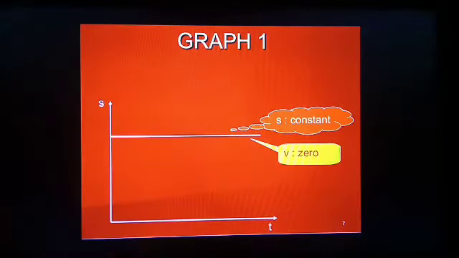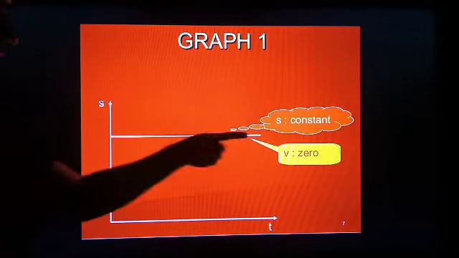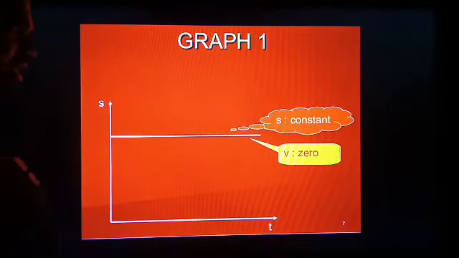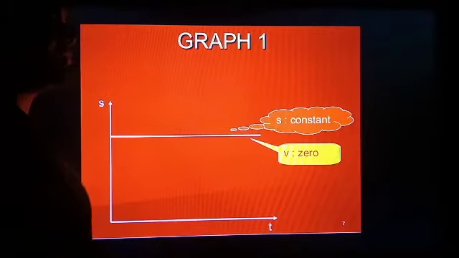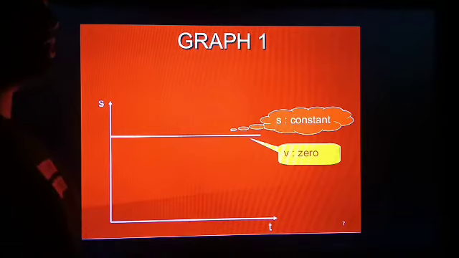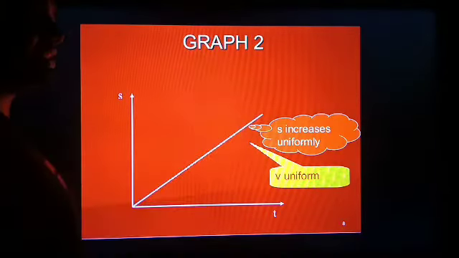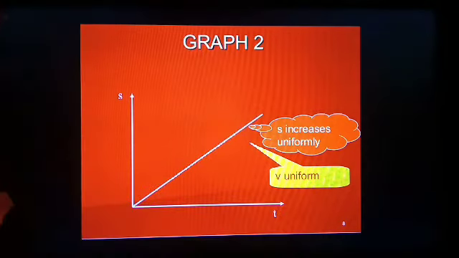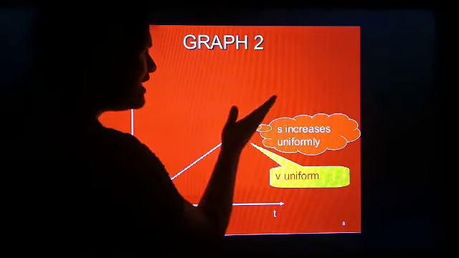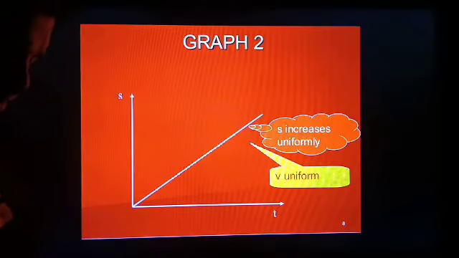Now, different types of ST graph you have to keep in your mind. First, if the ST graph is shown like this, that the line is parallel to the time axis, then it means the body is stationary, means the velocity of the body is 0. Second, a slant line in ST graph tells uniform velocity, means the displacement of the body is increasing continuously, and a straight line tells that the body is moving with uniform velocity.